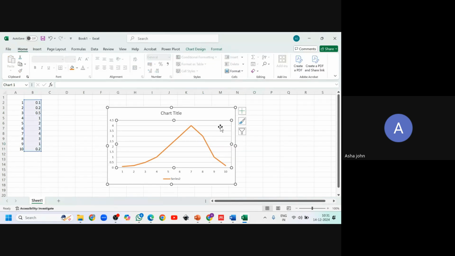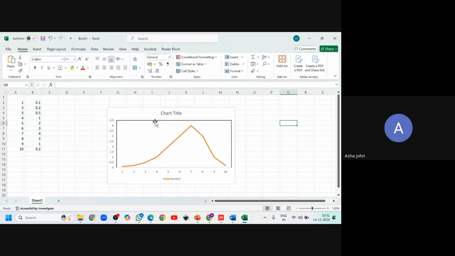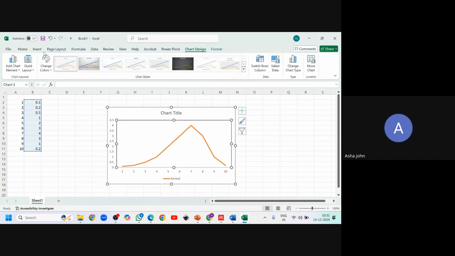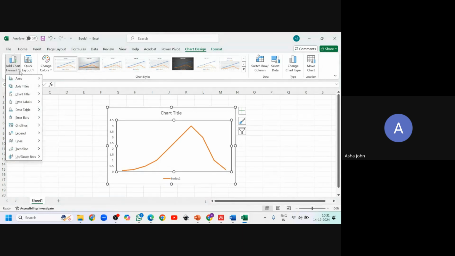Graphs will automatically come, and we can even make them beautiful with all the options available in Excel. You can just remove that. You can make the borders. You can put from the chart design elements such as primary horizontal, vertical, horizontal.